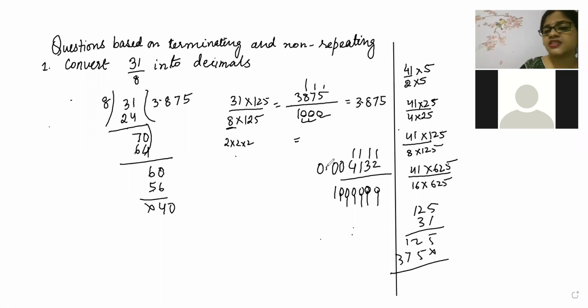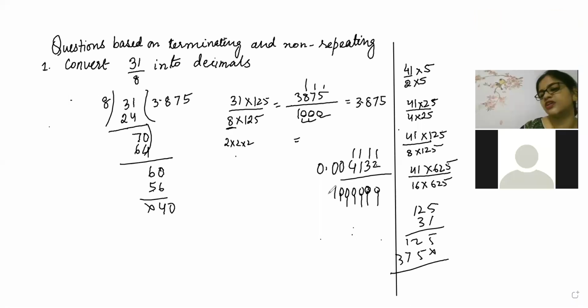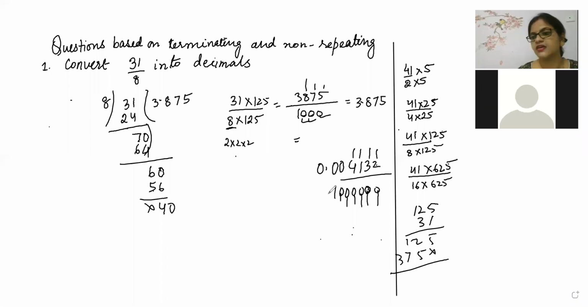That is 0.00, because beta 6 are there now: 1, 2, 3, 4, 5, 6. Only 5 digits are there, and I have given the denominator with 6 zeros. So Jiva is correct. Divyashri raised hand. Avinash is correct. Meronisha, everyone is correct now. Fine, super. So count the number of zeros nicely.